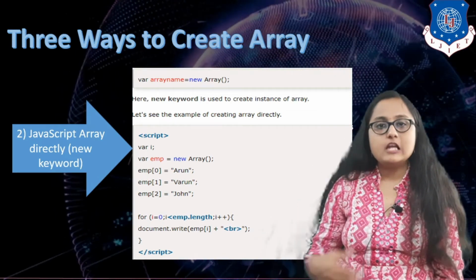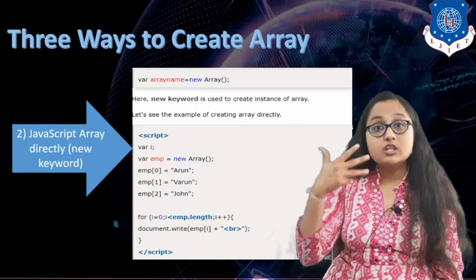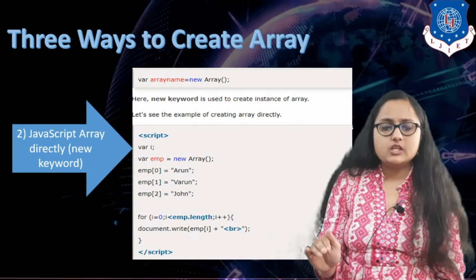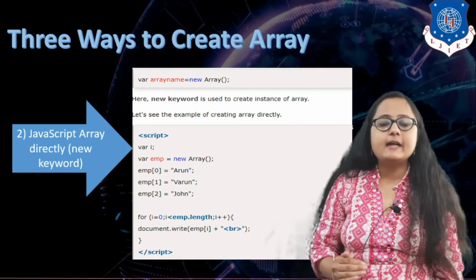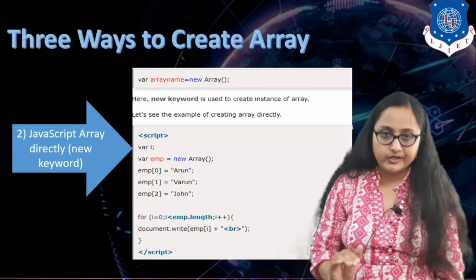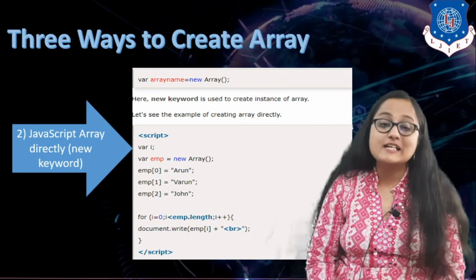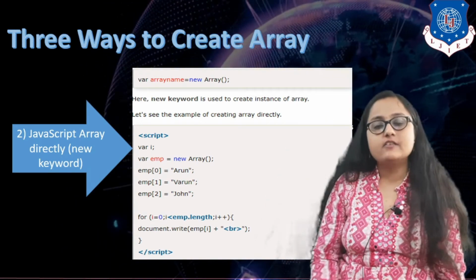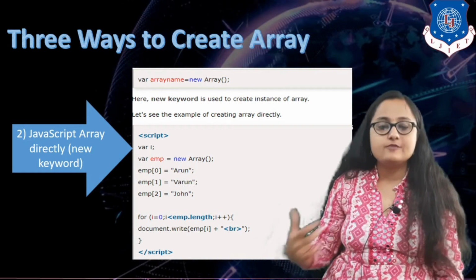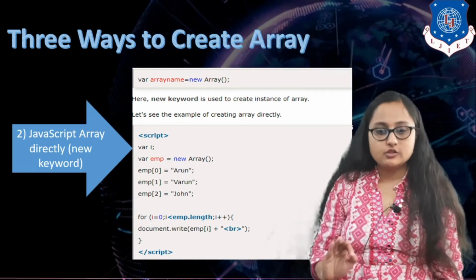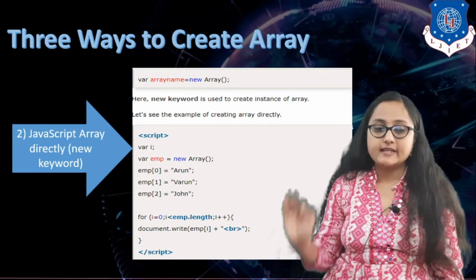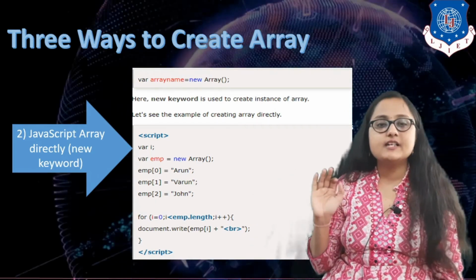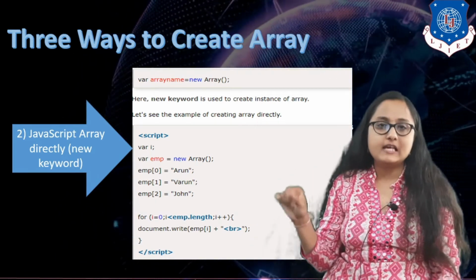So how many values have I inserted? 3 values. Starting from the 0th index, how many indexes will there be? The values will be assigned to indexes 0, 1 and 2. Again, if I want to iterate and get the values displayed on my web page, I am using the for loop. For i is equal to 0, i less than emp.length, i plus plus, again the same syntax, document.write emp[i].